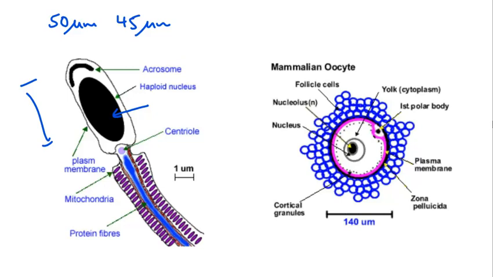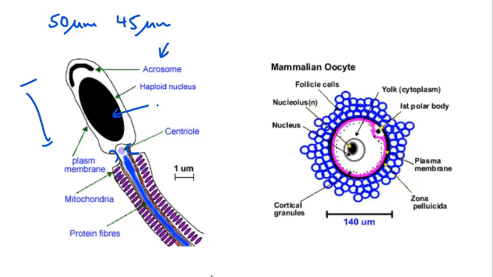But we say head, but it's actually just the top of the cell. And the nucleus is in there, the haploid nucleus. There's the acrosome, which contains a number of different enzymes within a vesicle structure. And then the narrowing of the cell to the next structure. This is going to prevent these mitochondria and the protein structures in here from entering the cell during the actual